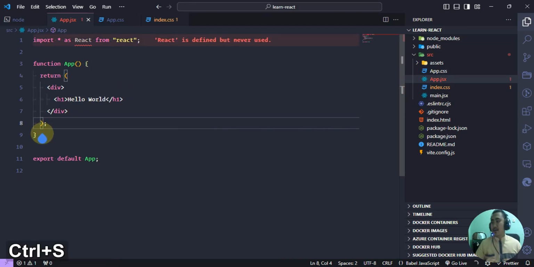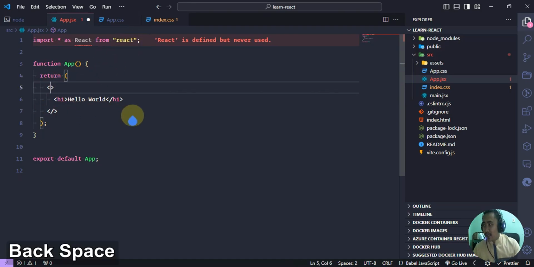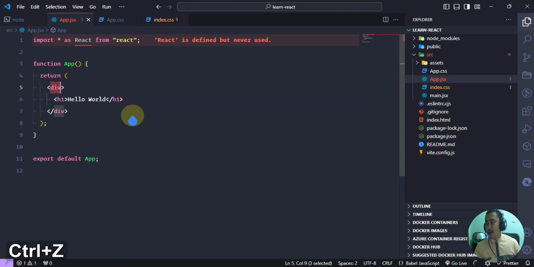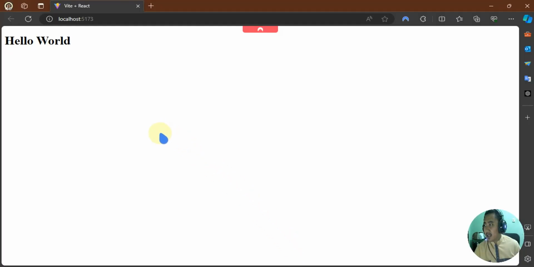Okay, that's what I want to tell you, that everything in a React component should be enclosed by a div. Later you can just use a fragment like this, but for now let's just use a div. Okay, now let's see it in our web browser. Okay, great. Now we already have our first component.